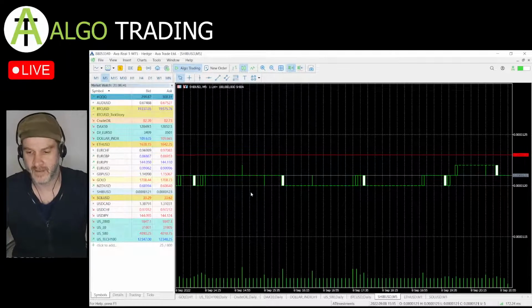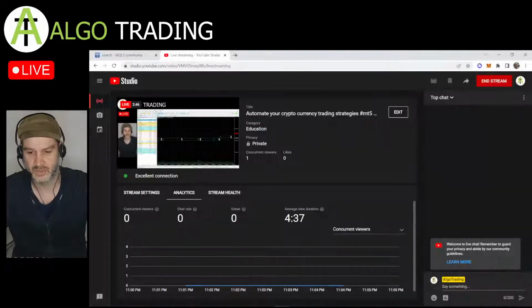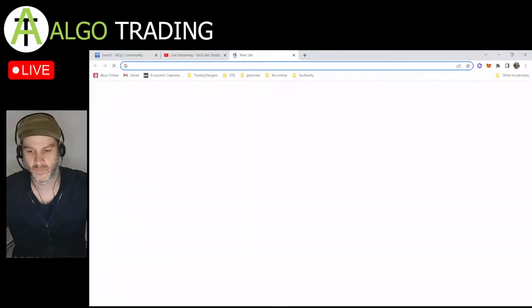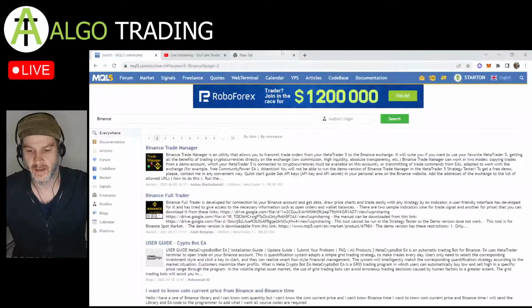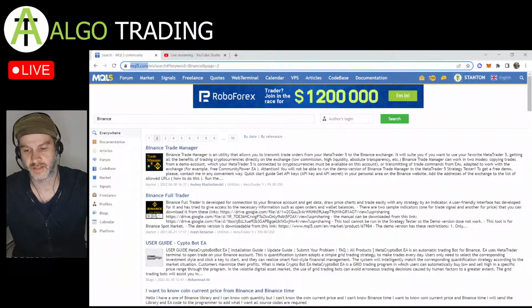Okay, so that is FX brokers. The next option is using the brokers' APIs. So you trade on MT5 or MT4, and you actually use the brokers' APIs. So if you go to a site that's mql5.com, which is the authority on MetaTrader, anything you want to know about MetaTrader will be